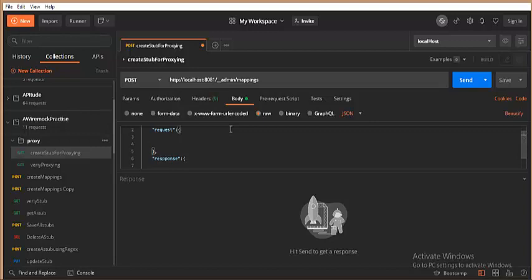In the request, I'll have a couple of fields. The method is going to be get, and I would say the URL pattern, because I don't want to consider any particular endpoint, so I want to use a regular expression.